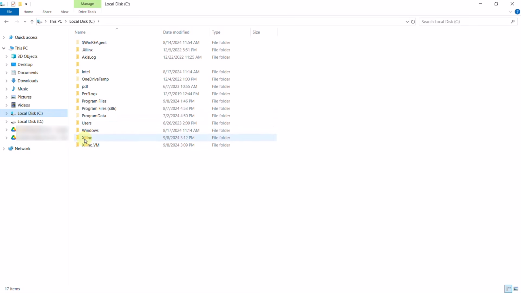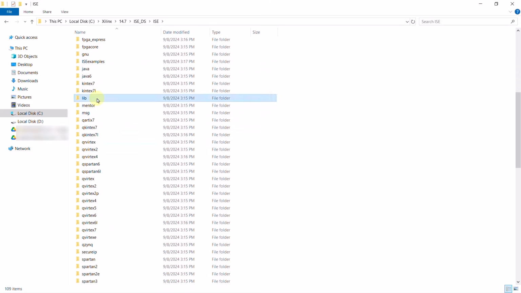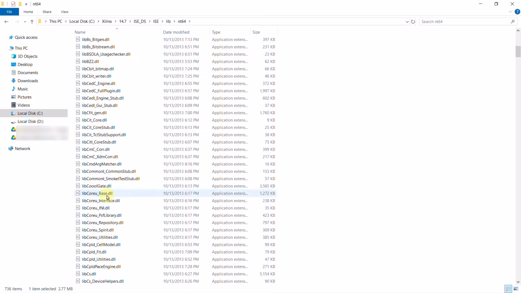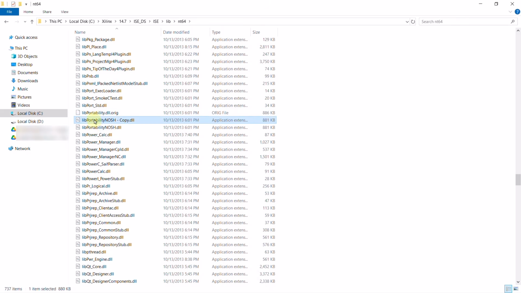First, go to the folder path Xilinx 14.7 ISE_DS ISE lib NT64. In this folder, find the file named libPortability.dll and rename it to libPortability.dll.orig. Then locate the file libPortabilityNOSH.dll, make a copy of it, and rename the copy to